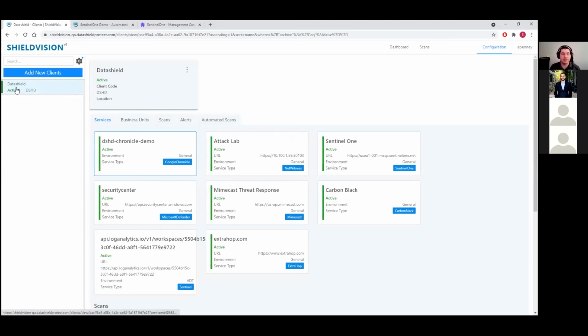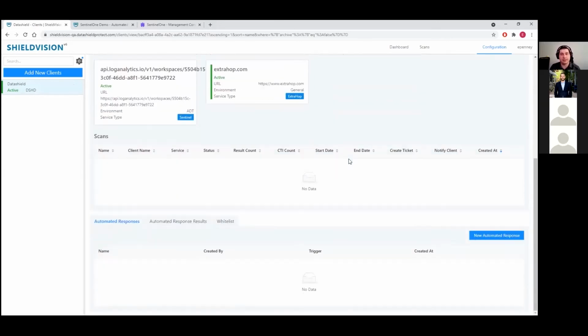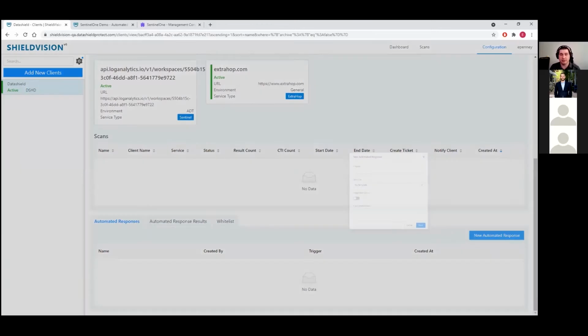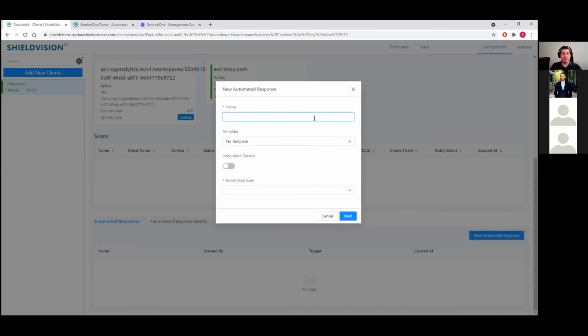In this case, we have just our Datashield client with our demo environments, and we can assign a new automated response. And we're going to be, let's see, quarantine. Oh, I cannot spell today. That is quarantine in SentinelOne from NetWitness. And we get the option here for templates. So if we have something already that accomplishes that 90%,